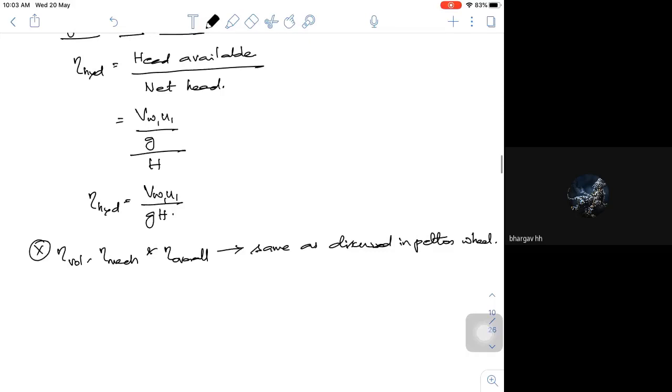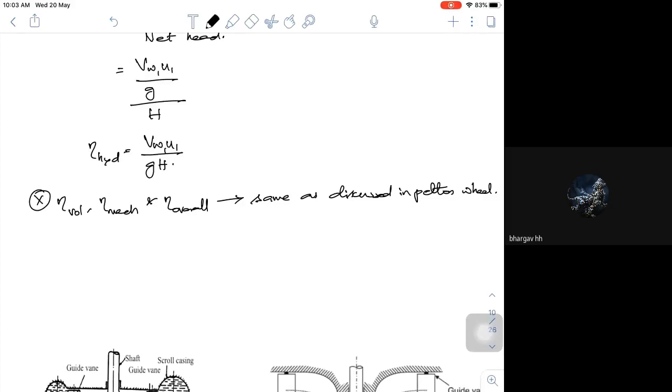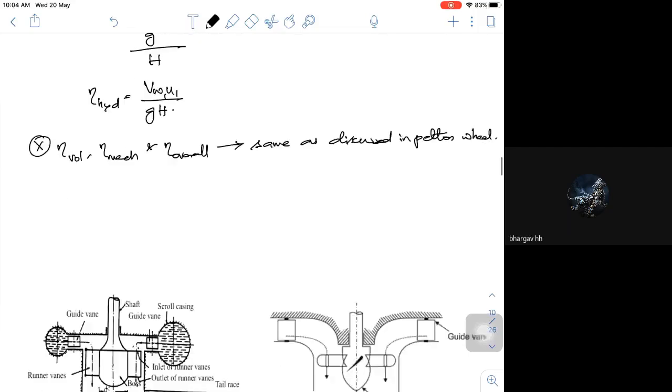Now, the next type of turbine is the Francis turbine. See, Francis turbine expressions are very similar. The only thing is that when numericals come, we have to put in the corresponding values. It is very similar to your centrifugal compressor or pump that we discussed. The only thing is what was the exit in the case of a pump or a compressor is now an inlet. Our energy availabilities and velocity triangles are going to change in the case of Francis turbines.